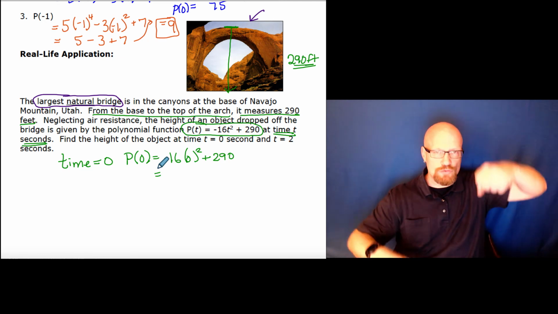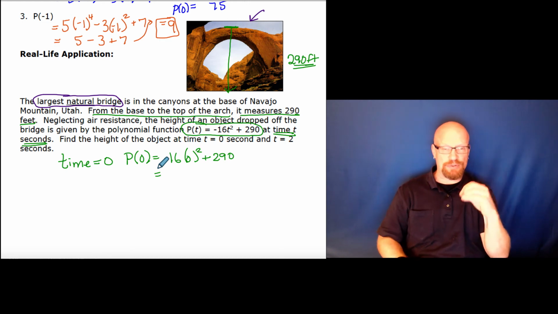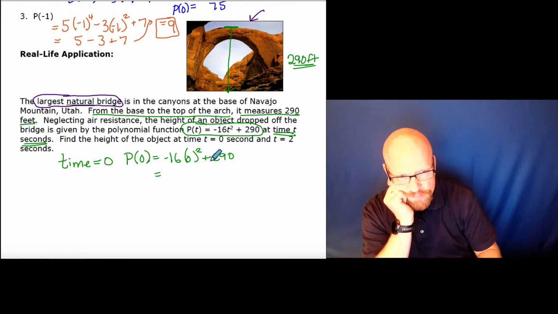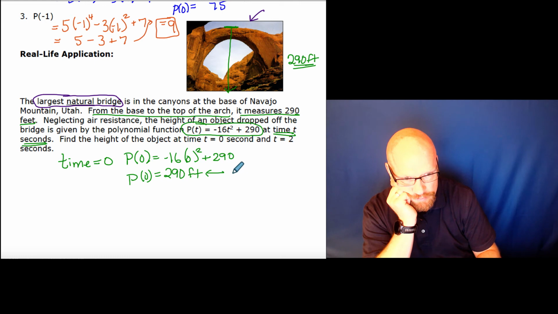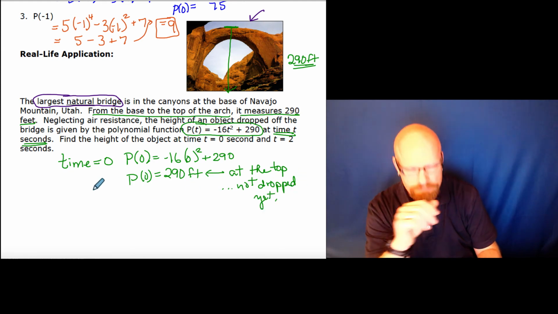Now, at time 0, we haven't even dropped it yet. So, the negative 16 times 0 becomes 0. What's left is 290. So,